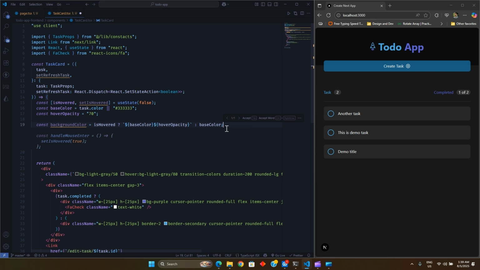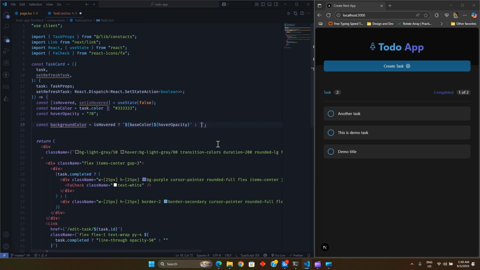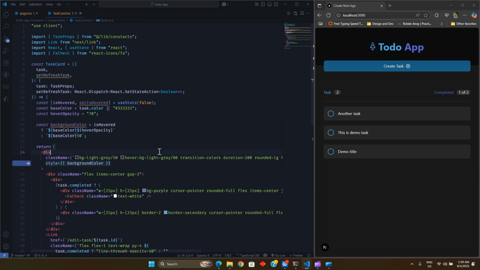So in this way, and here we need to provide some opacity, which is 50, and this background color is defined to our parent div with the style, and in the parenthesis we will add here background color. So now you can see we have this hover effect and the color,